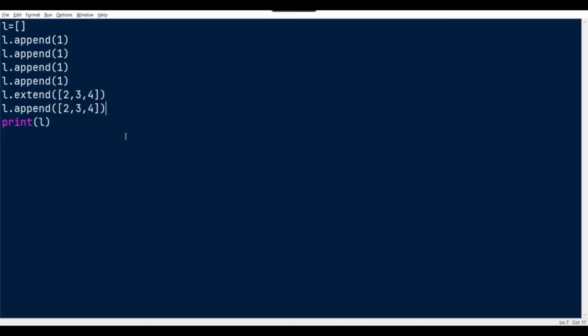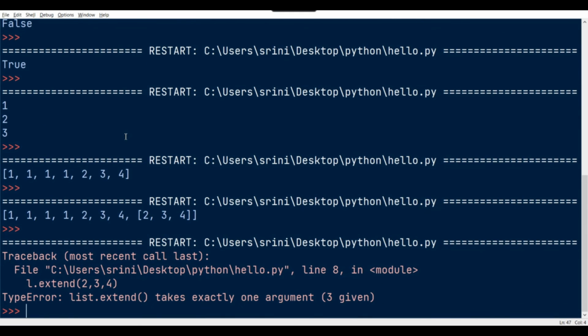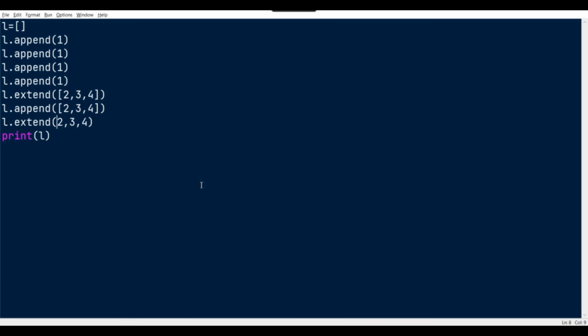And I just need to check one more thing. Can extend take a few things like this? No. Extend and append need just one parameter, but extend will look at the value inside what we have given. It will typecast the value into separate elements and store them one by one.